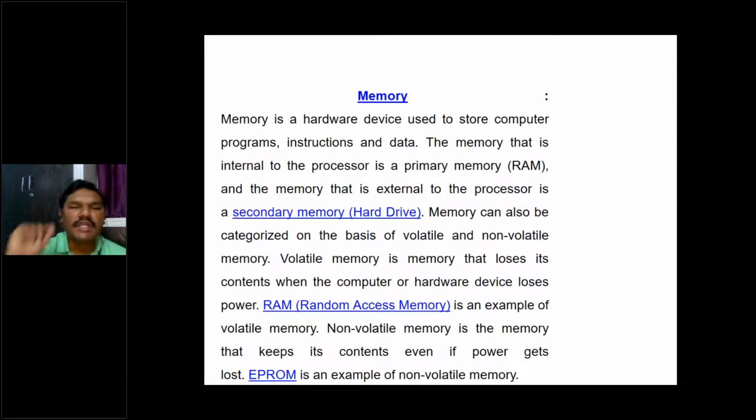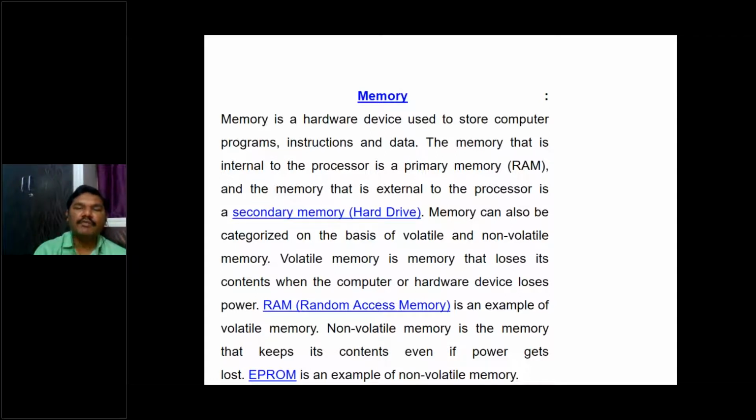These are all called the secondary memories. Whereas in the case of primary memory, the RAM is a primary memory and the ROM is also a primary memory. RAM is a temporary storage to hold the data, whereas ROM is a permanent storage, used to store DOS and BIOS instructions in the computer.